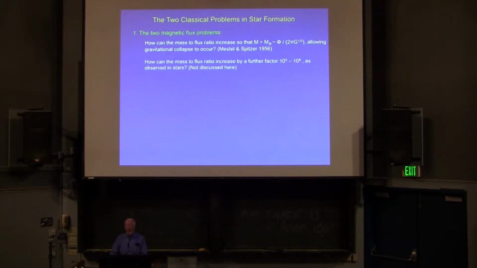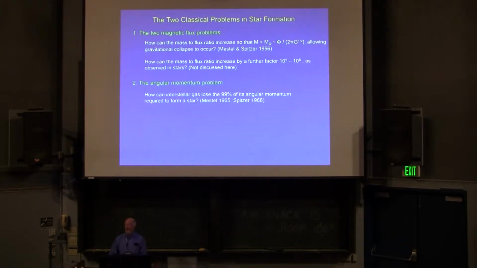There's a second problem which quantitatively is far larger, and that is, once you become magnetically supercritical, you still have a magnetic flux which is between 100,000 and 100 million times as large as the magnetic flux that's observed in main sequence stars. So how do you get rid of that huge amount of flux? That's a separate problem that is resolved during the formation of the stars at very high densities. And I'm not going to go into that today. I should say I'm not sure that it's actually been adequately resolved even today.